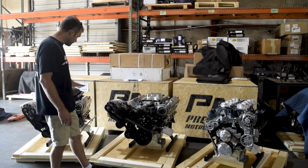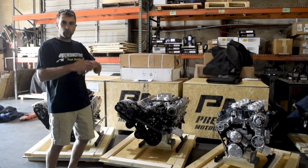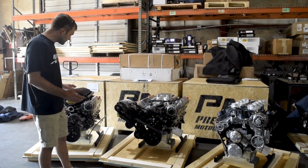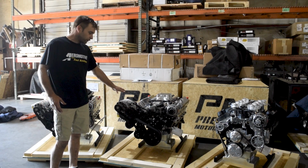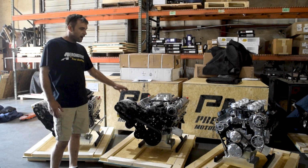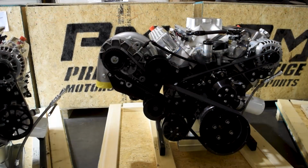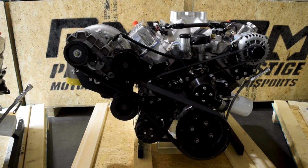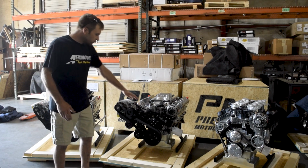So I just wanted to take a moment because we had two of our supercharged motors this week while we were doing all of our boosted combinations, and really had to give them a shout out for the kit that they developed for the YSI supercharger. I feel like I've been talking about it all week, but it's a killer setup. And I probably mentioned before, for anybody that's wanting basically a supercharger with all the amenities,